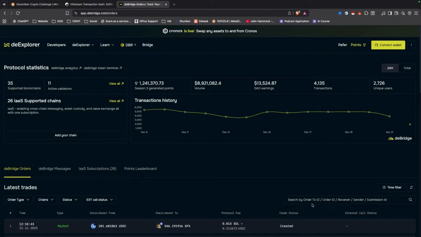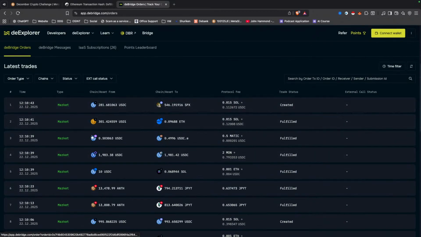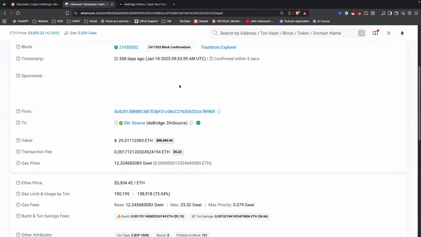But what we have down here at the bottom is an area where we could put the address, the transaction, things like that. Down at the bottom, we're going to see a bunch of different transactions, but these are the latest ones. We want ours. Okay, so what do you think's best? Is it best to put in the address here, or is it best to put in the transaction here? What do you think? The address or the transaction?